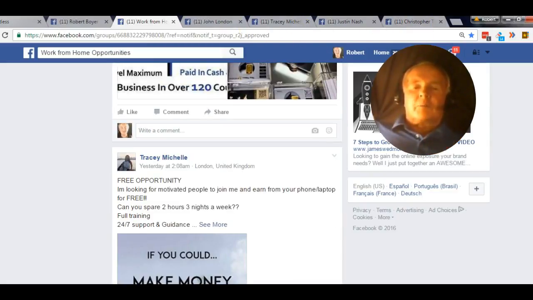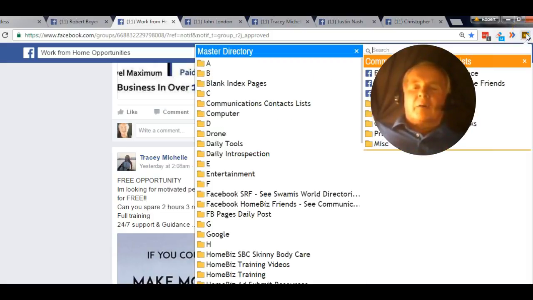So you add a stream of these up here. So now if you have the right bookmarks program like I have here, that I've mentioned in previous videos, this is a Chrome extension, and it's a lot more helpful than just the standard bookmarks in your browser. Because this page just stays open right here, and now this is my master directory of all my bookmarks,